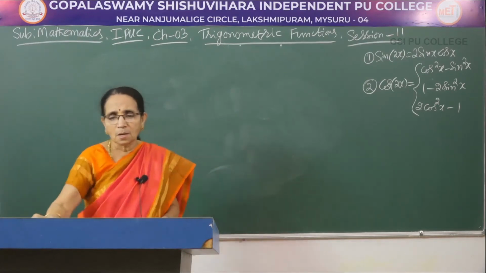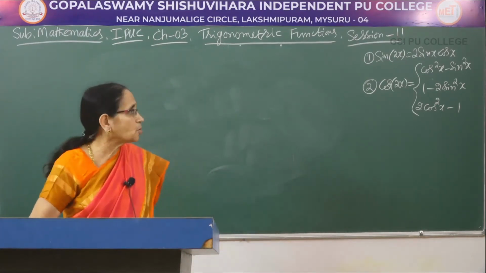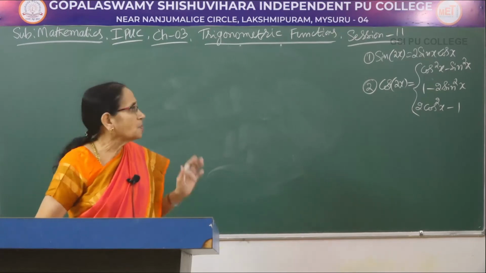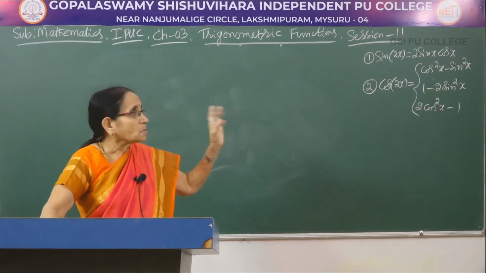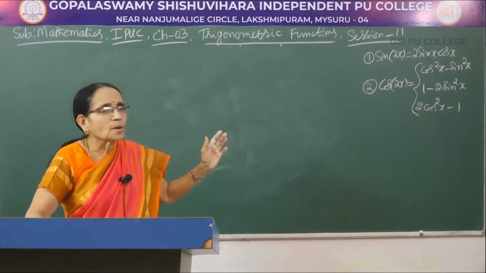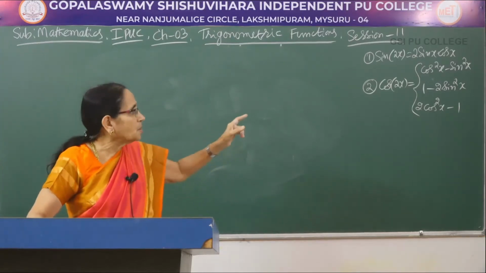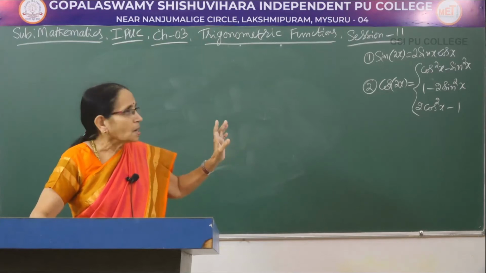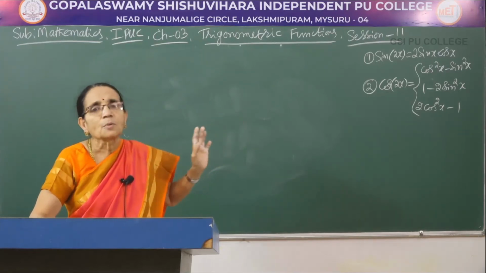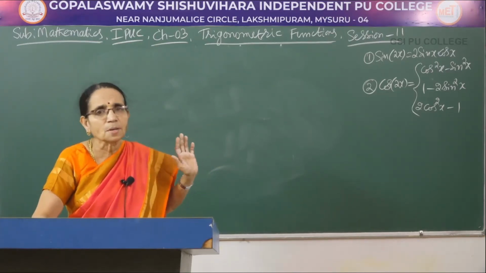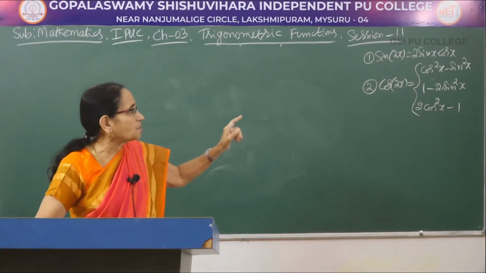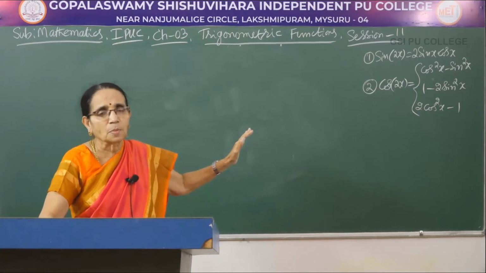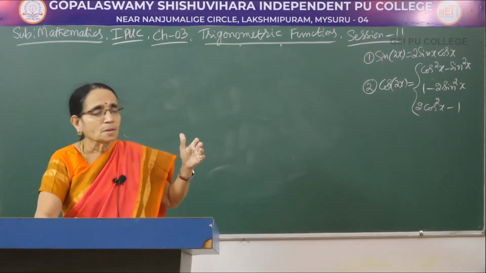So, what we have done here is, first we took the compound angle formula cos of x plus y, and in that one, taking the value of y to be equal to x, we get cos square x minus sin square x. That is the first formula. And then changing cos square x as 1 minus sin square x, we get the second formula. Again changing sin square x as 1 minus cos square x, using the basic identity, I get the third result.